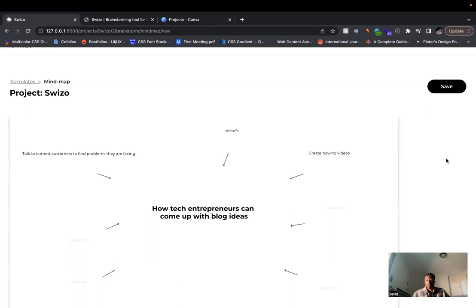So people that you've already worked with either in the past or people that you're currently working with, whether it's a client or a user of your app, find out the problem that they're facing that made them even come to your app or use your service in the first place. You can take that problem and write a blog article on that and help somebody to solve that problem that they were facing. And then you can use your solution or your service as a way to solve the problem that they're facing.